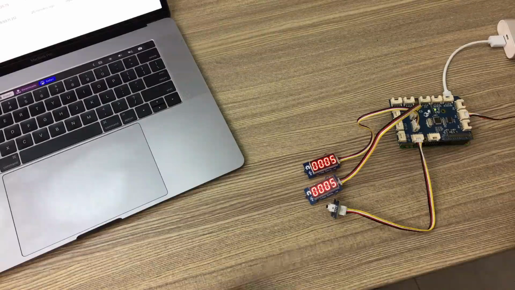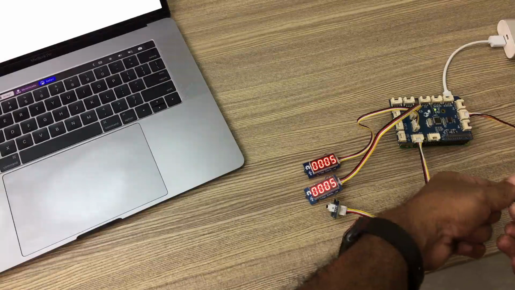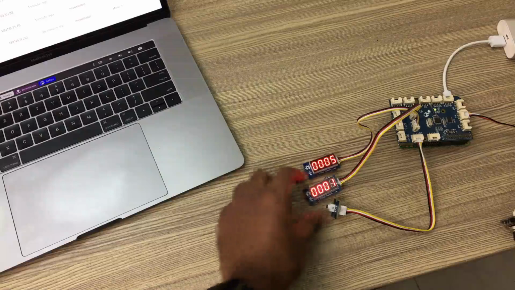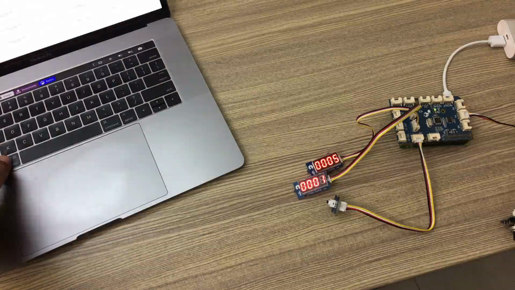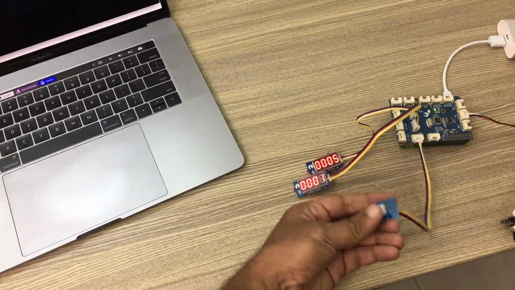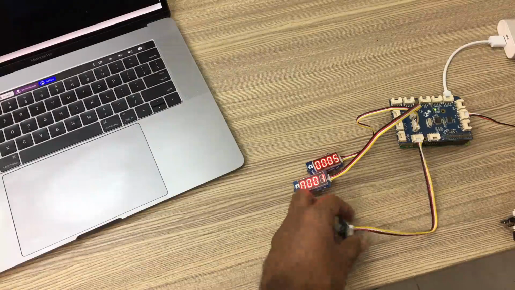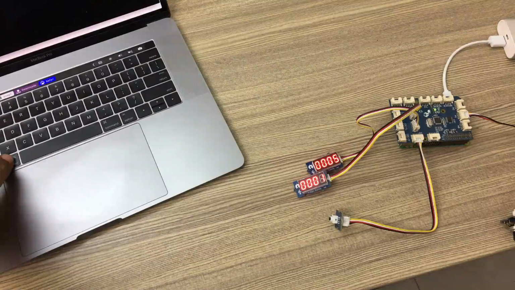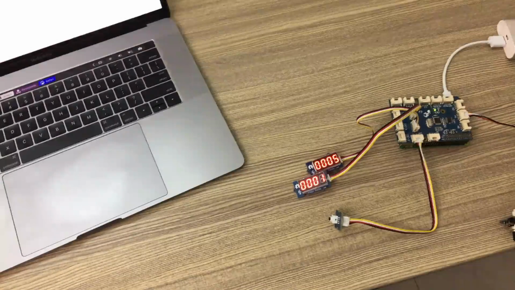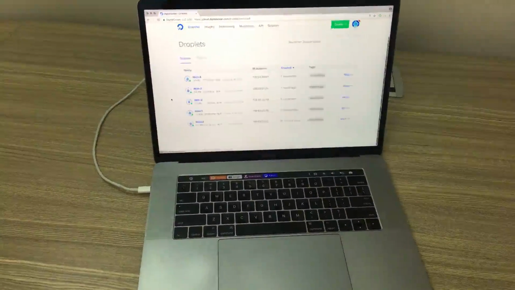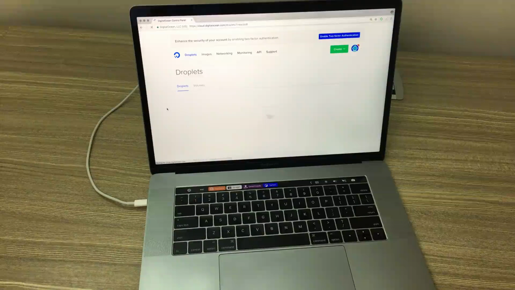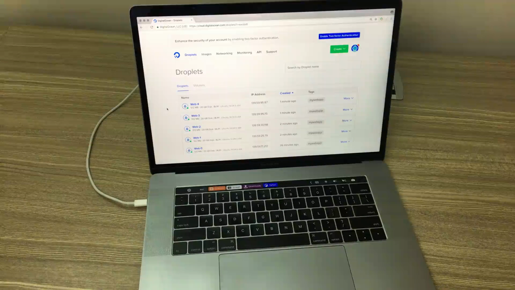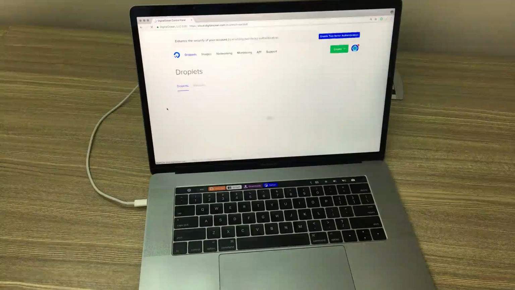Well, pretty simple. I'm going to turn the knob all the way down, so the desired count is now back to 1. And at this point I'm going to again double tap my button, and now it says balancing the fleet to 1. So let's come back to the portal and let's see how this is going to respond. In just a couple of minutes we should see the count of droplets come back from 5 to 1,